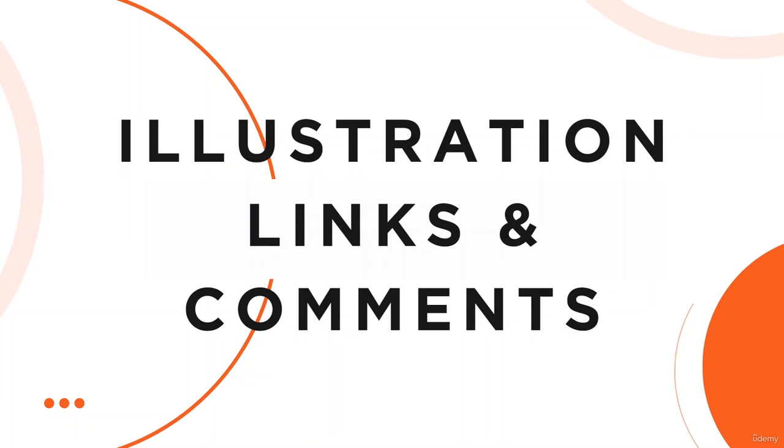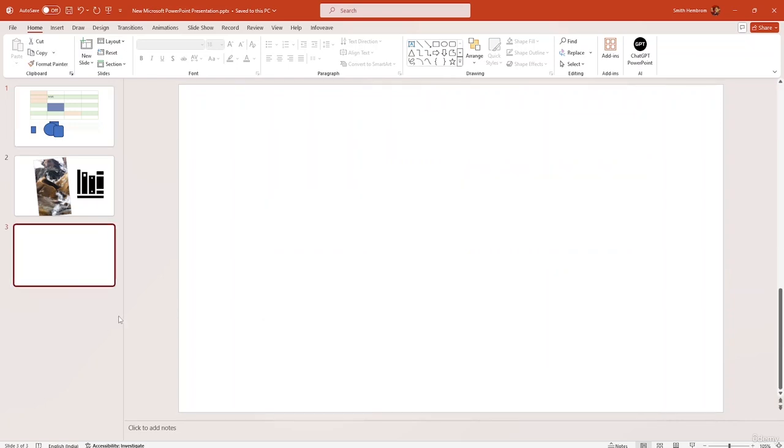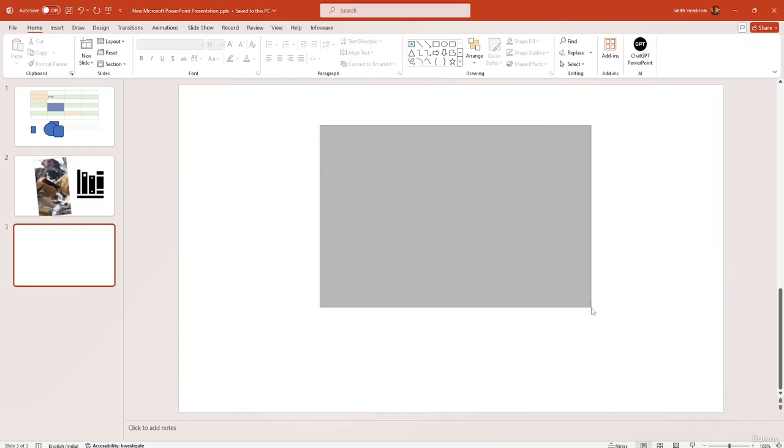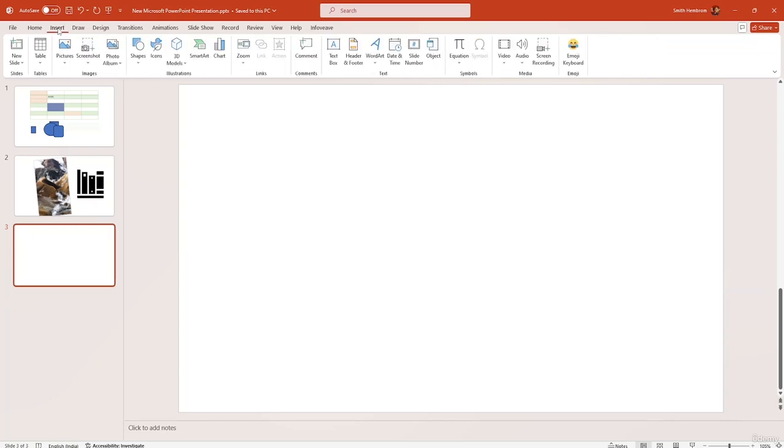So, without any further ado, let's move on to our class by opening up PowerPoint on our device. As you can see from my screen, I have opened up PowerPoint. The first thing that you have to do is go to a new slide, which I've already created, but if you did not yet, I would suggest you just create one. First off, go to the Insert menu or the Insert ribbon. You will find illustrations, links, and comments, and